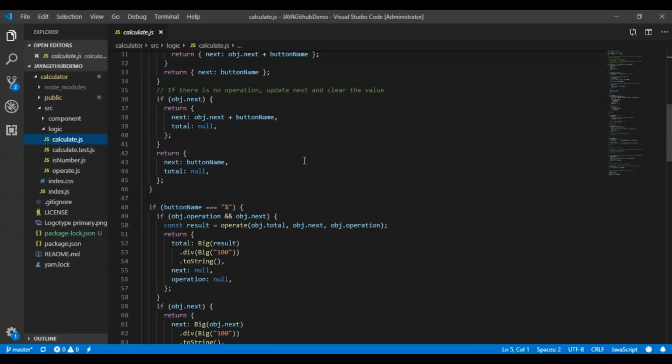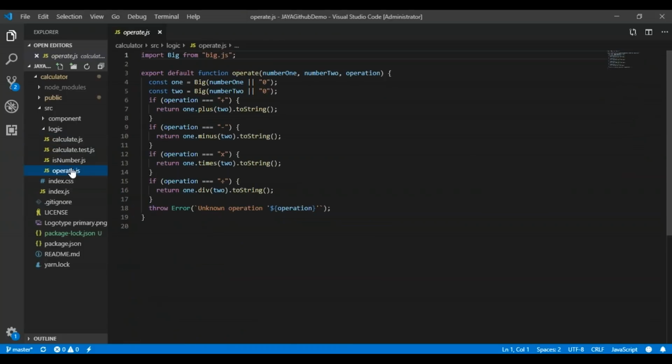In the previous example, we wrote the complete operational code of a calculator in one file, that was calculate.js. That was one way of writing the code. But another way of writing the code is this particular example, where even a very small piece of code, where I'm just checking some if conditions, could have been written into another component file. But I have created a separate file for it to maintain code modularity. And that is how you have to learn React.js.